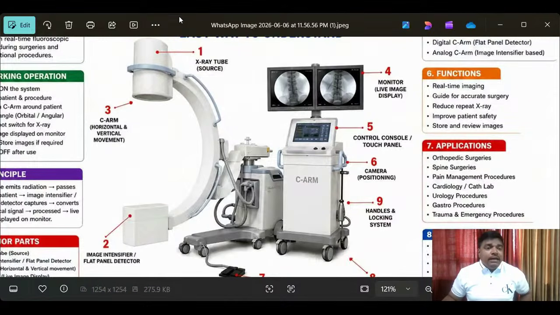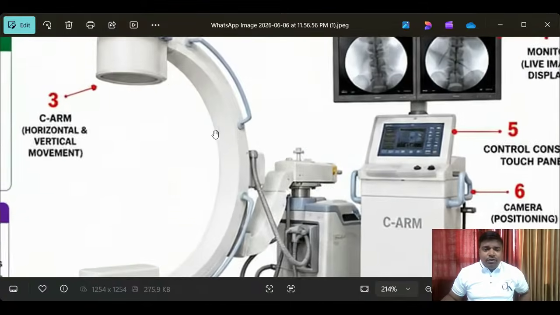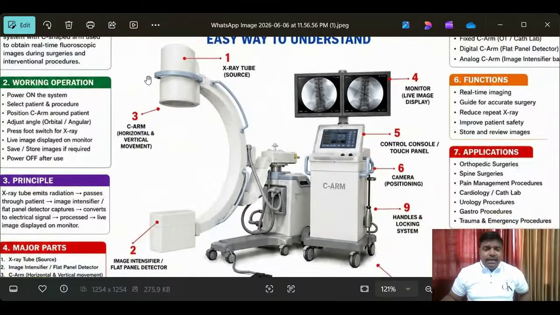Okay, right. So my voice is very clear. Now first of all, before entering this topic, see how the C arm looks. You have to focus here on how it looks. This is the C arm. This is the shape, C shape. See here, C shape, that is the C arm. It works like an arm, but what is the functioning and for which purpose, everything I'm going to show you